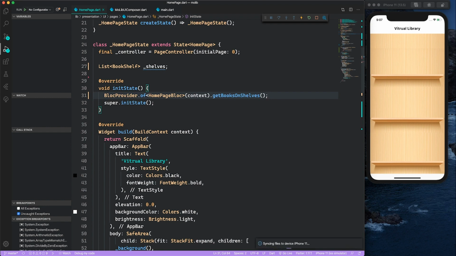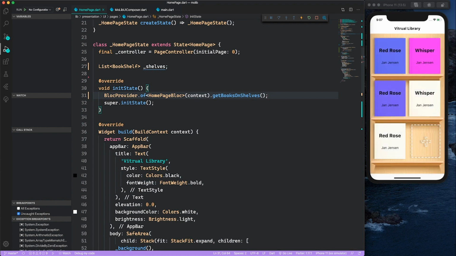So now if I run it, then I'm expecting the data. There we go. So now we have all the shelves coming from the